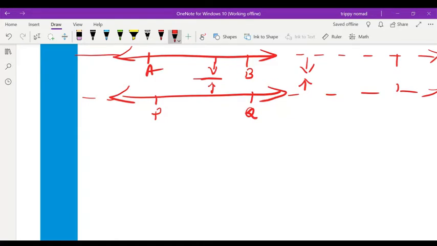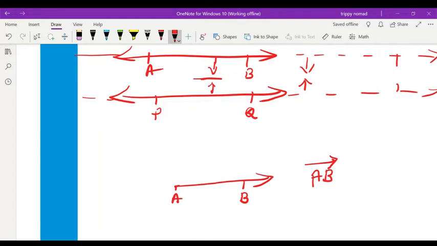Now, after intersecting and parallel lines, there is one more: the ray. What is a ray? A ray is a part of a line. It starts at a point. If I am drawing here, it starts at point A, and if a line segment can be extended only in one direction, then it is called a ray. This is named as ray AB.